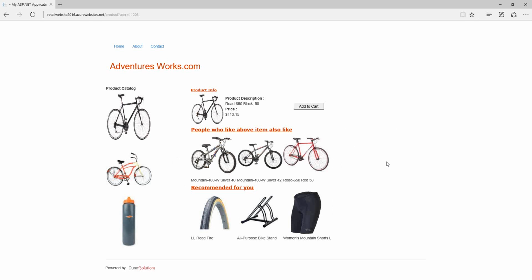So as I discussed, the model is already ready, and we are just passing a parameter and getting that value over here. So first, let's understand how our recommendations are going to change based on the user. Let's change the user here. Right now, the user is 11203. For this user, these are the 3 products which are recommended based on his previous